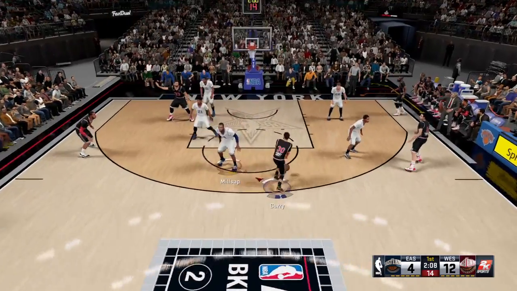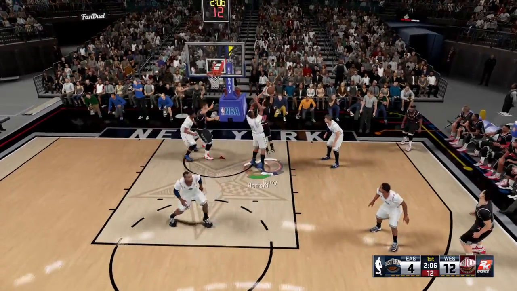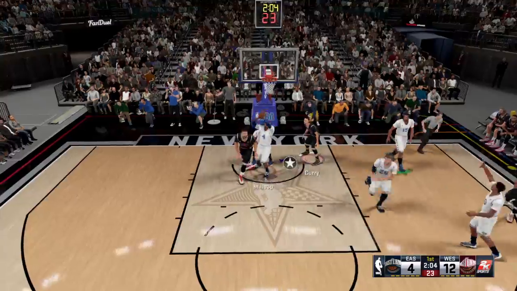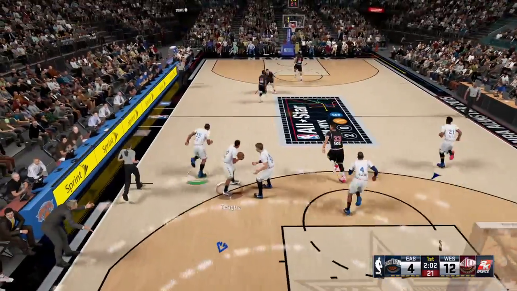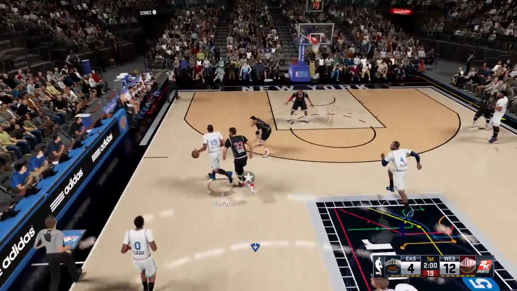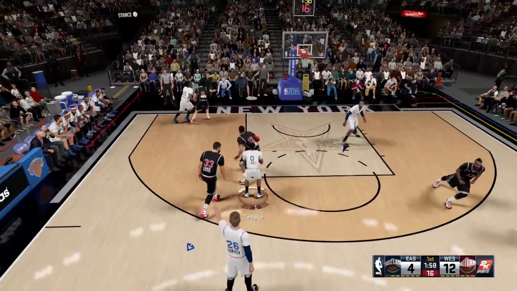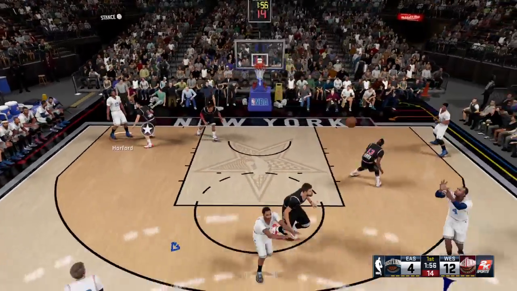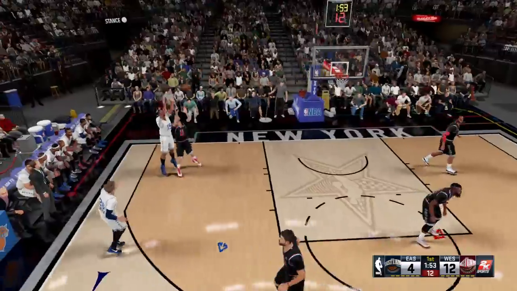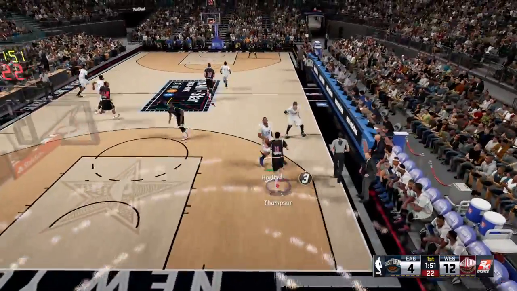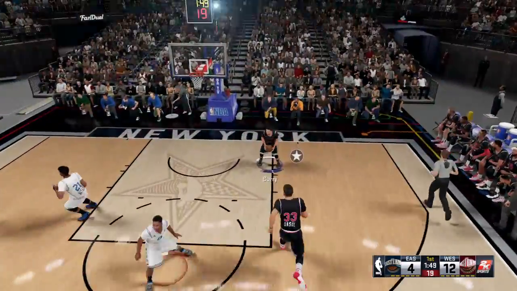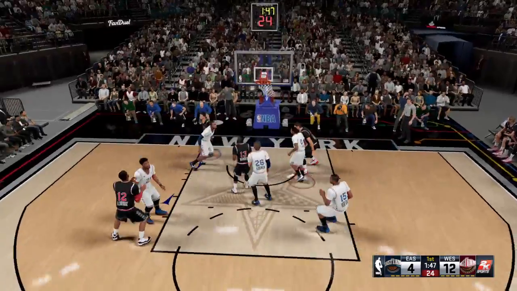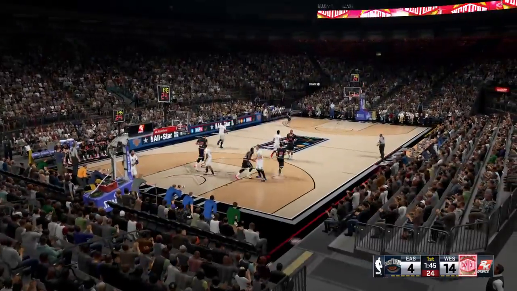No good. Good work defensively by Horford. Clark, they've been looking out of sync offensively. You know what? A basket here would do a lot for their confidence. Stolen by Thompson. Here's Curry. That's in, coming off the assist from Thompson.